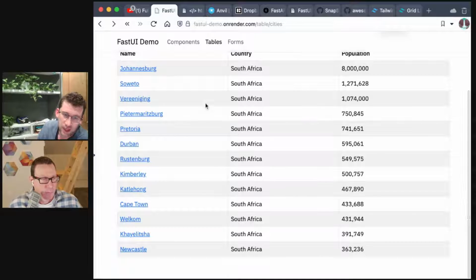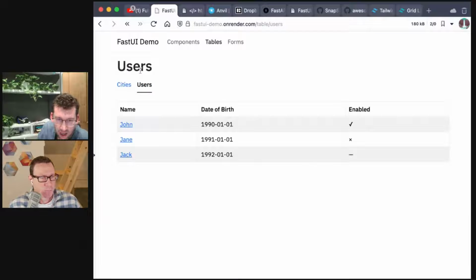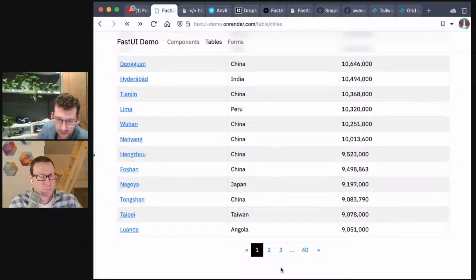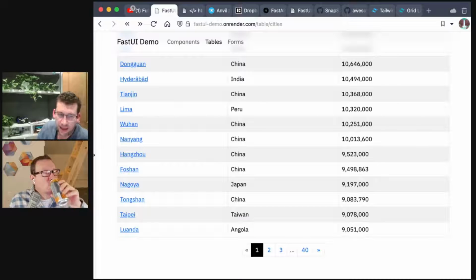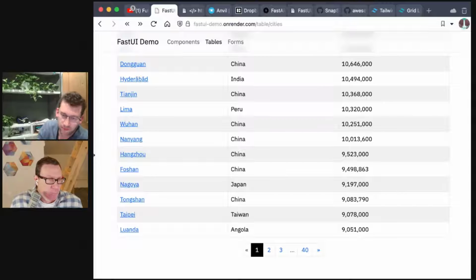Secondly, if you go to the bottom of the page on cities, you'll see pagination. Again, not a trivial thing to go and set up. If you're just starting from scratch and you want to build an internal endpoint, for example, to show all of your users, doing all that pagination and wiring all that up is not trivial, but we effectively do the work for you to have that component and do the maths of which page we're on and stuff like that.